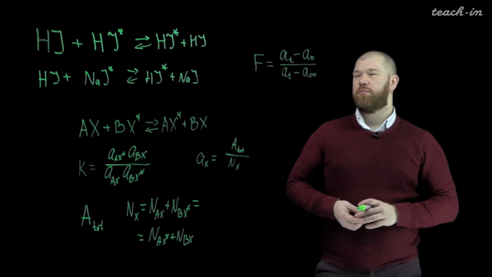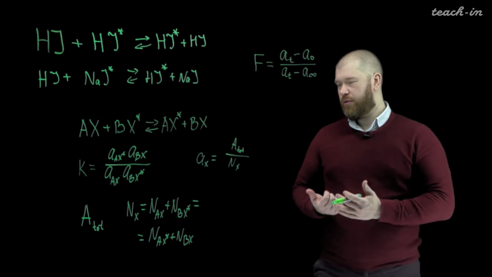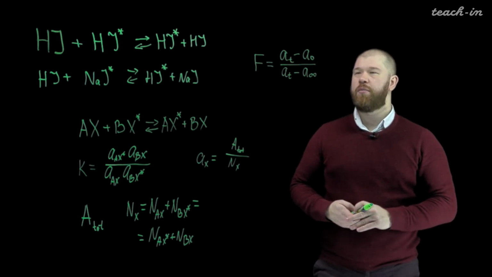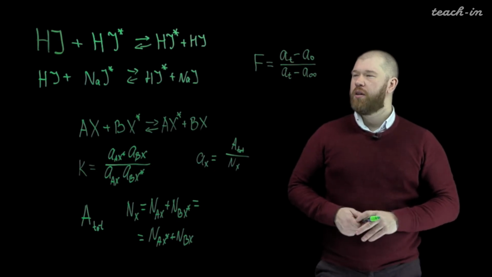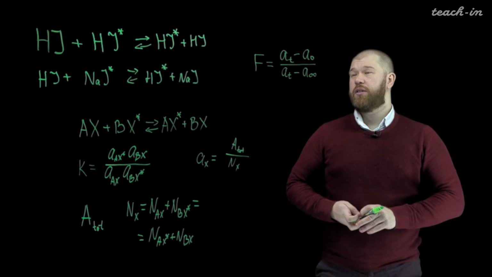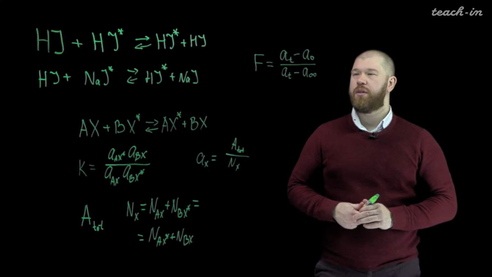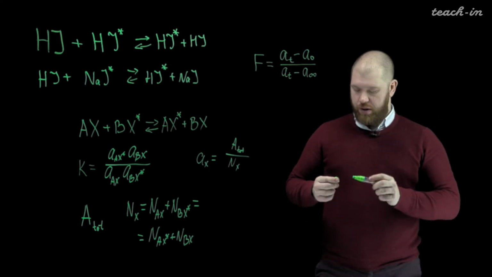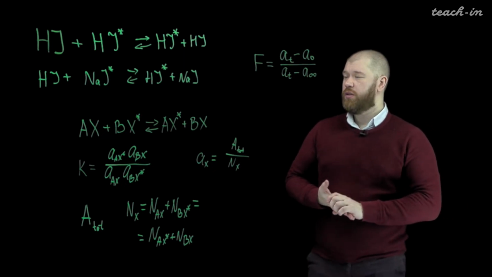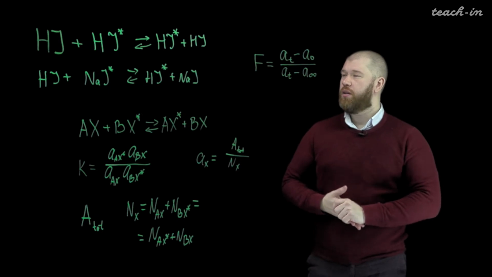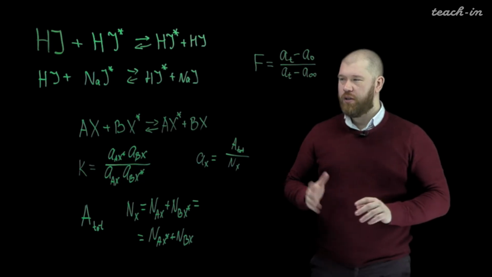So if there was no activity at the initial point, at the initial time, then the A0 will be 0 and the expression will be even simpler. So this is a very simple equation, and we will use it as well. So now we will start to solve the task. So it is a very brief introduction to the understanding what is the isotopic exchange, and I will clean this